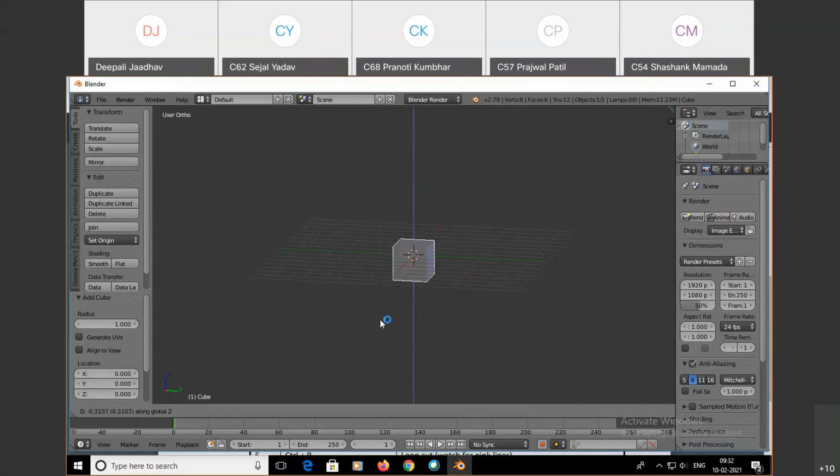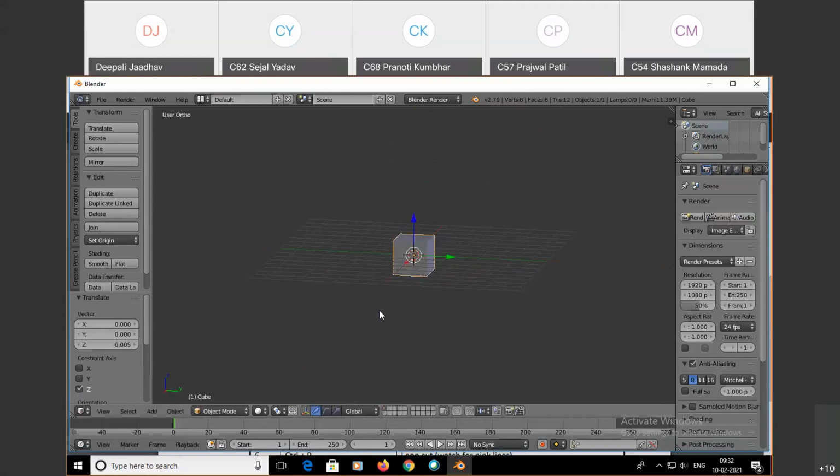So I have done here G, grab and move it in the particular direction X, Y and Z. Okay, or using the mouse you can move it in any direction, but if you want a specific direction, use X, Y, Z. Now click the left button of the mouse, automatically it will change.